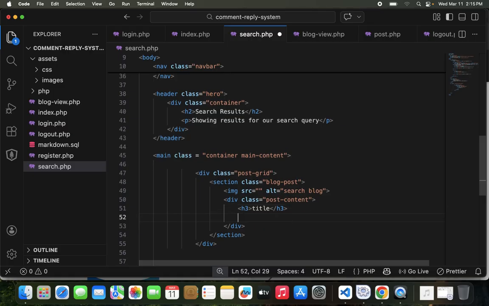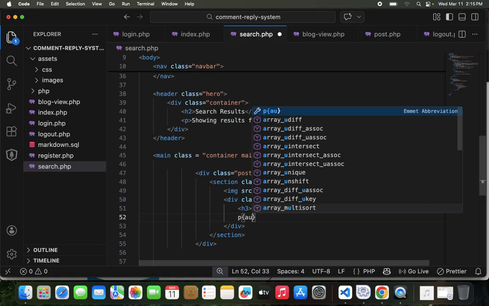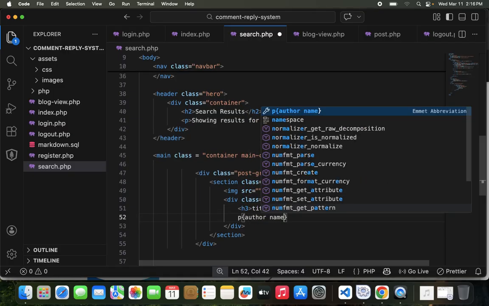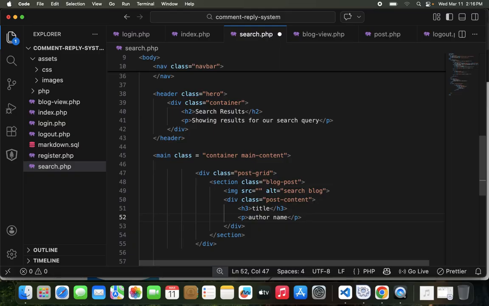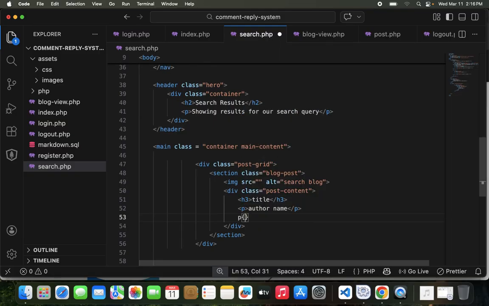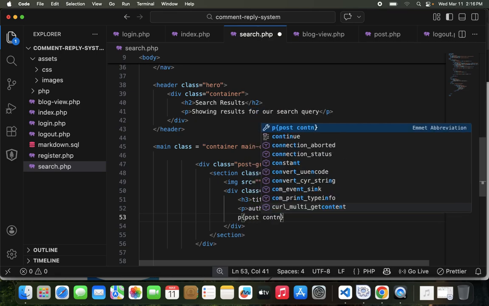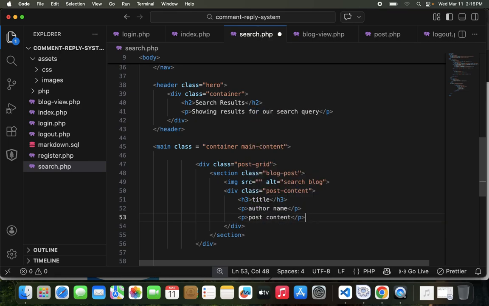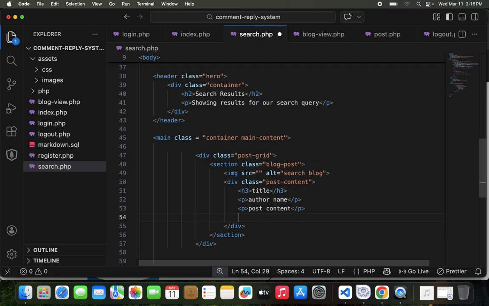We can have p author name, and then p post content. So these are just placeholders. We're going to be dynamically populating this later on. And then we can have